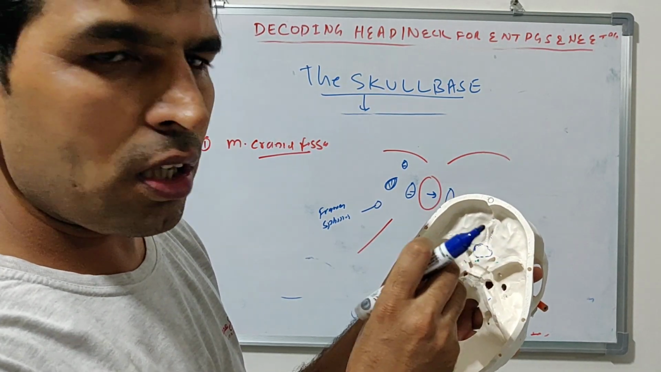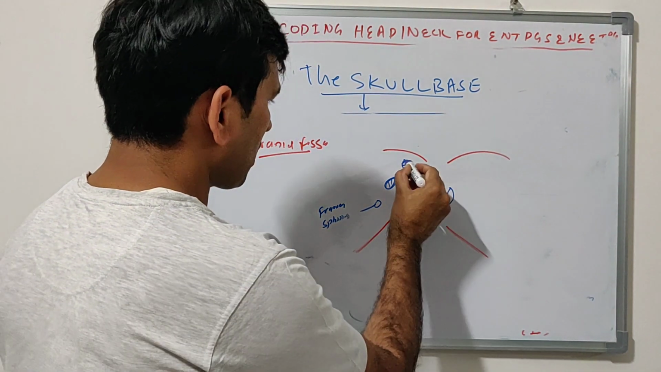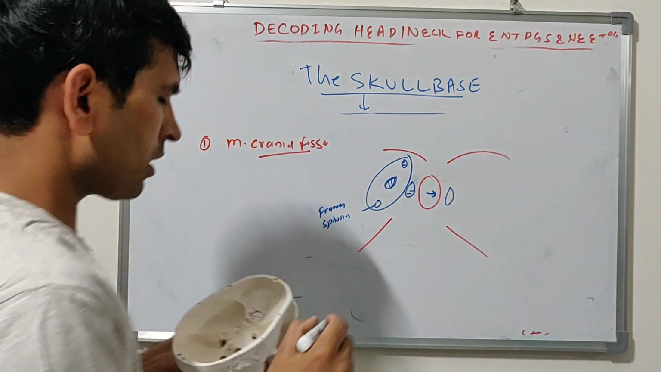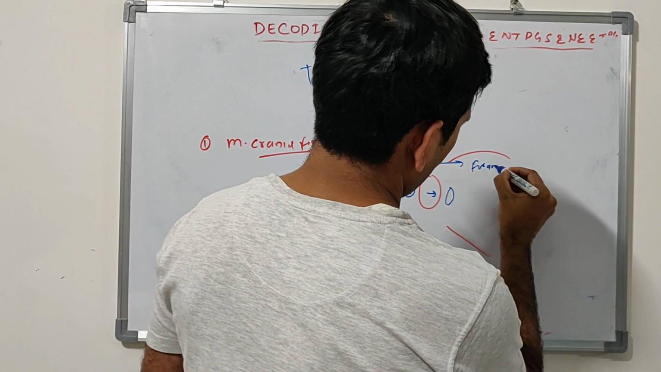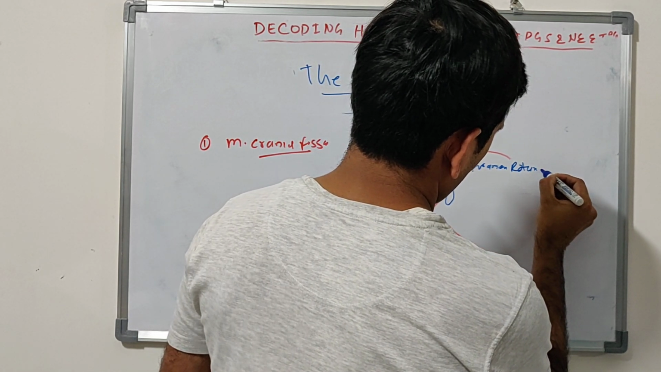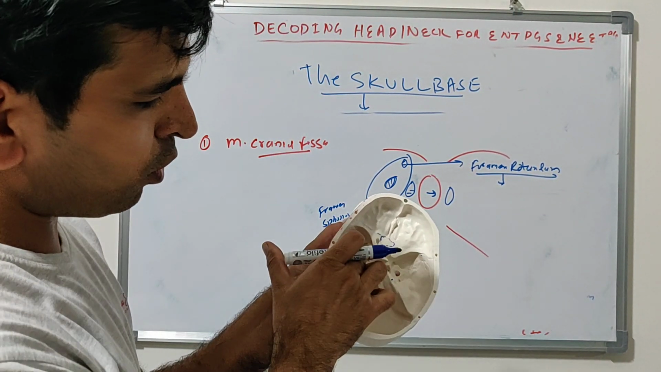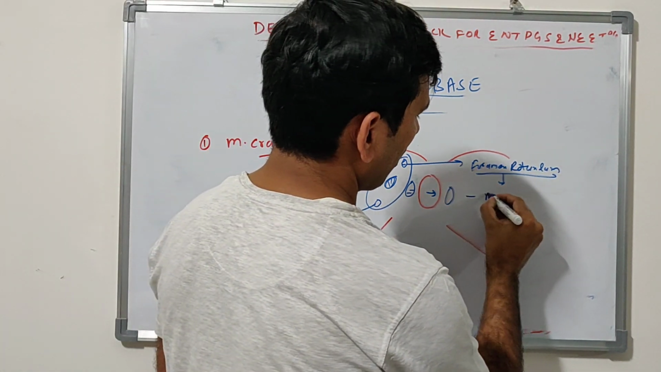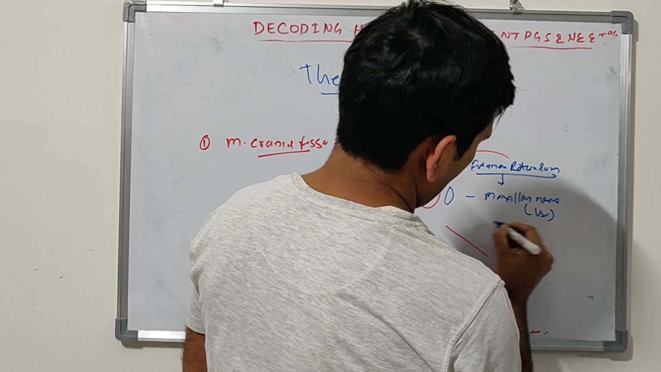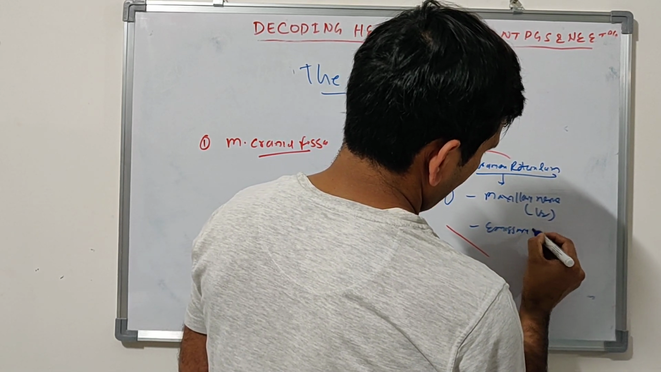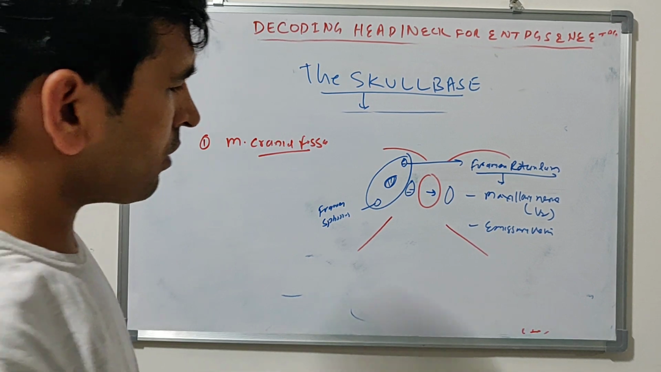It is a gap, it's not going through any bone. But these foramina are part of the greater wing of sphenoid. Now the structures passing through them. This is the foramen rotundum. Mainly the structures passing through the foramen rotundum are the maxillary nerve, V2, and the emissary vein. The emissary vein connects the pterygoid venous plexus to the cavernous sinus,